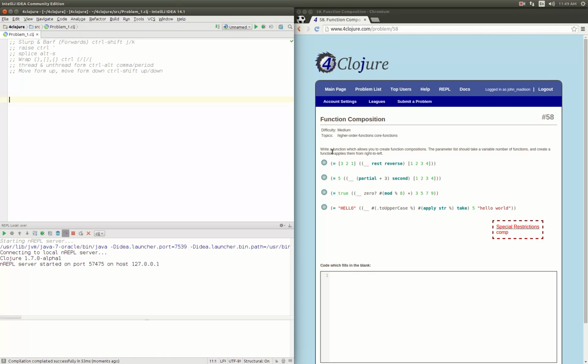that applies, that doesn't seem like English. The parameter list should take a variable number of functions and create a function which applies them from right to left. Oh, a function which applies them from right to left. Okay, so if we look at the first example, we're going to put a function in here which takes in